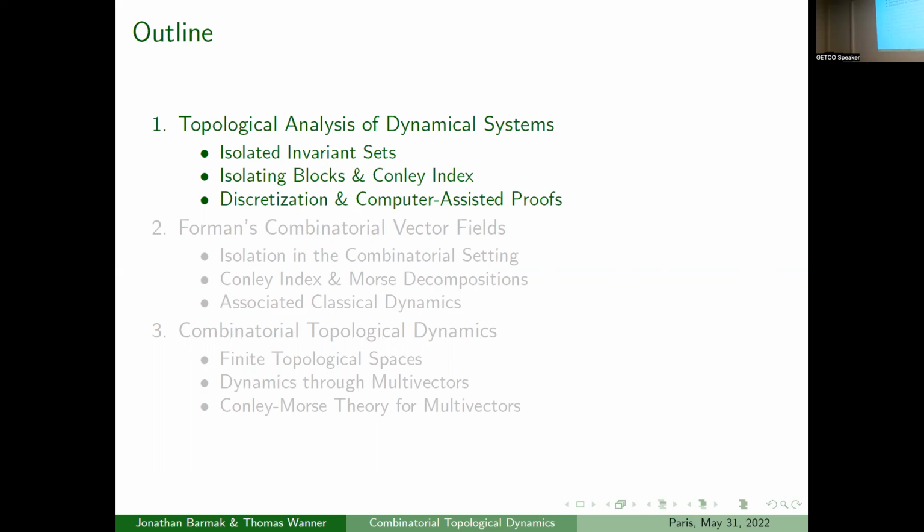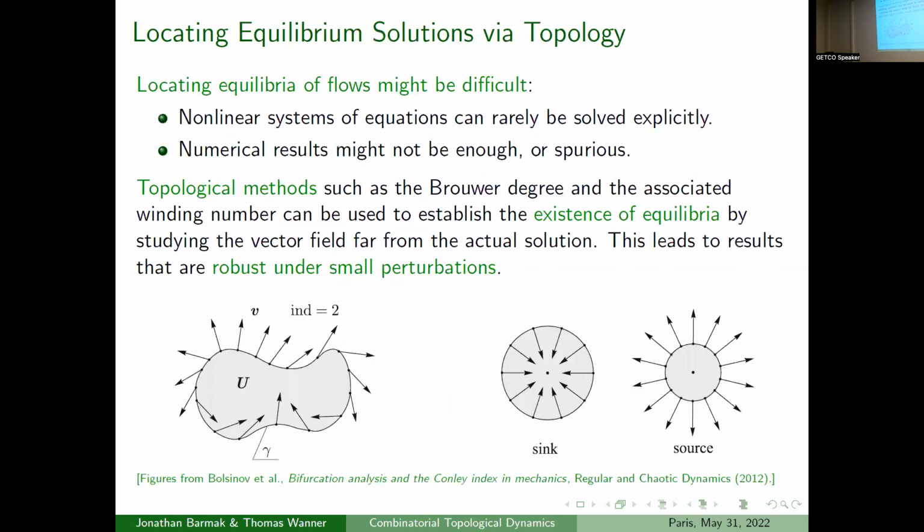Of course, we need a new notion of a combinatorial vector field. Those are going to be multivectors or combinatorial multivector fields. And what you'll see is actually that a lot of that last part, once you understand the middle part of the talk, I'll really just point out the differences of what changes when you move to this more general setting. But everything pretty much looks the same. So let me start with this classical overview of